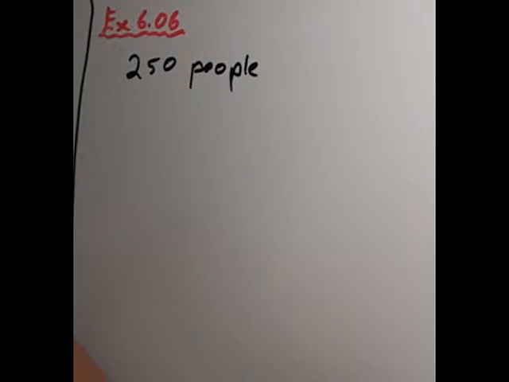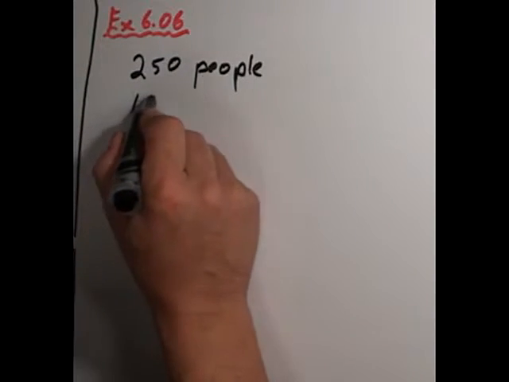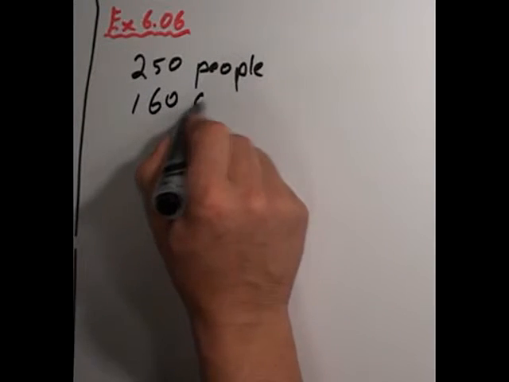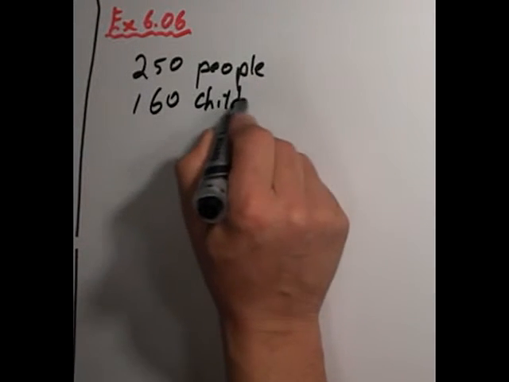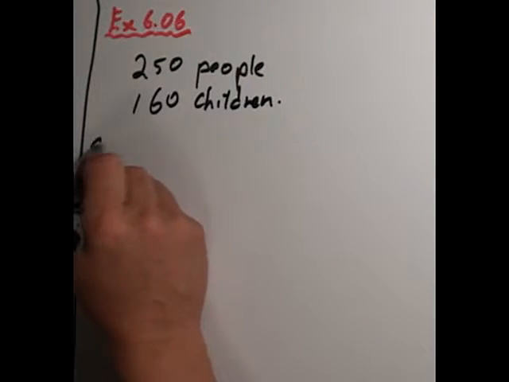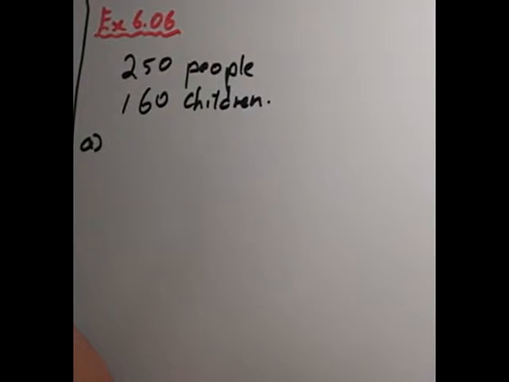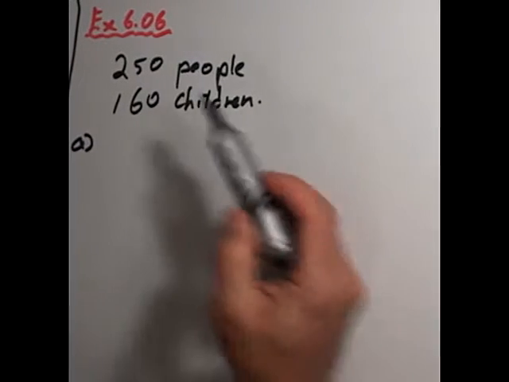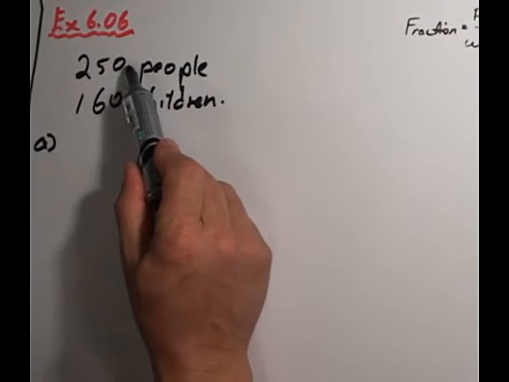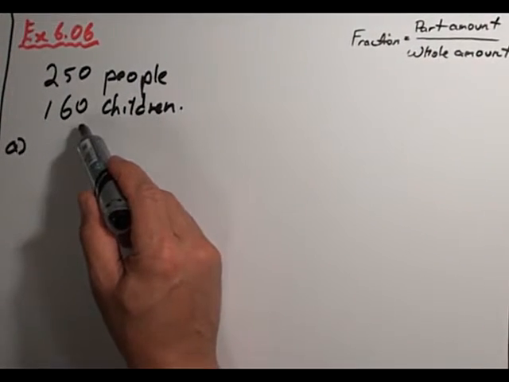who are at a school fete, and 160 of them were children. So 160 of these people were children. The first part I'm asked is, what fraction of the people at the fete were the children? What fraction is 160 of